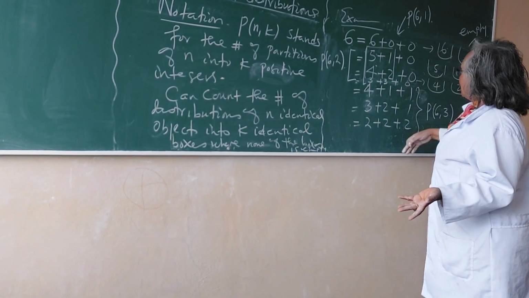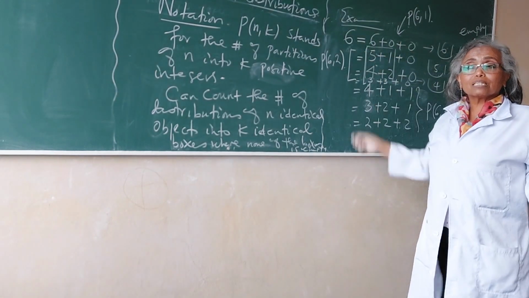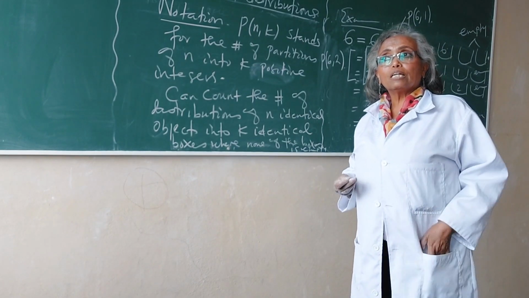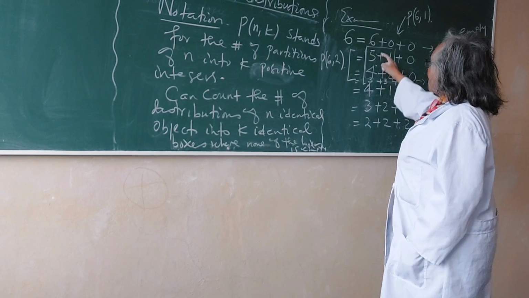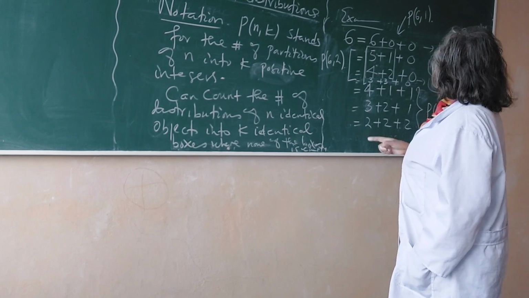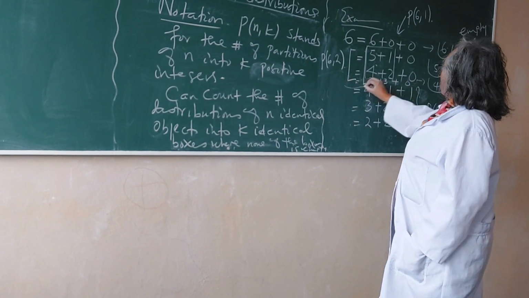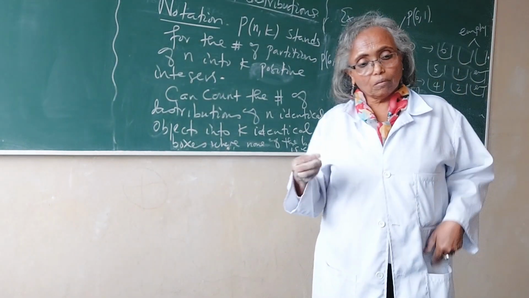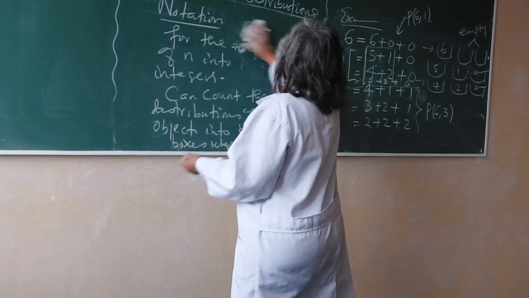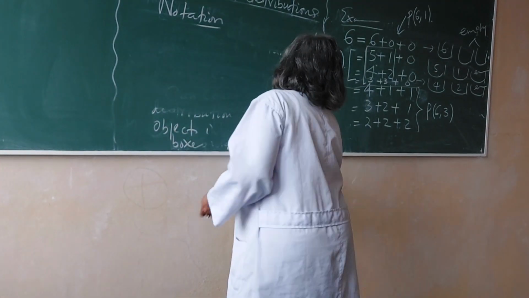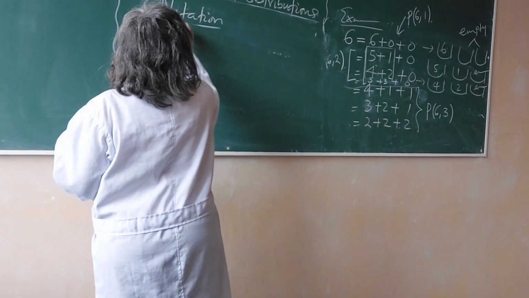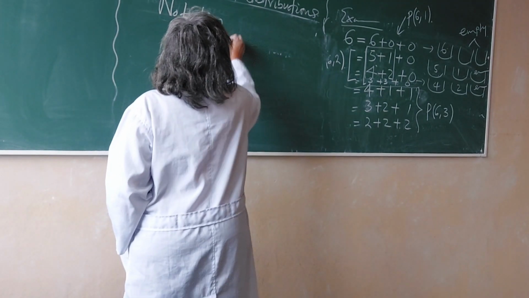Now, you see, we have expressed 6 as a sum of 3 numbers, where some of them could be allowed to be zeros, and you have seen how we have made use of the partition number of n into K to count even those distributions having empty boxes or involving empty boxes. Therefore, what happened here is the number of distributions,